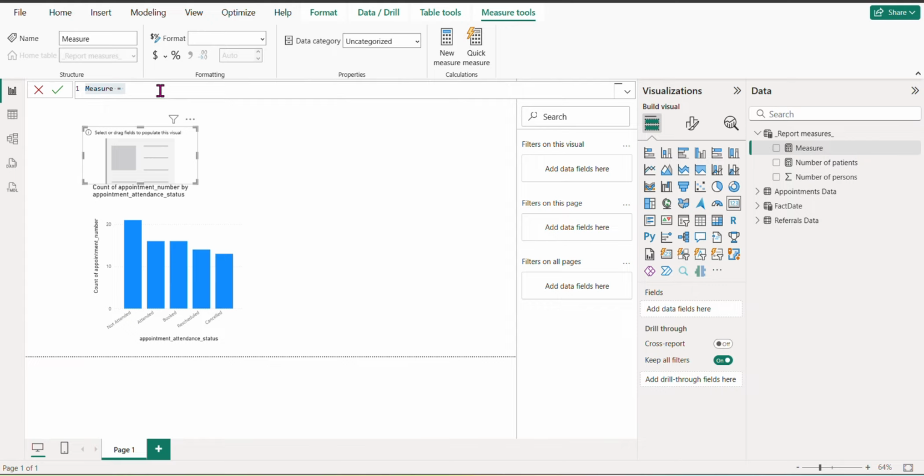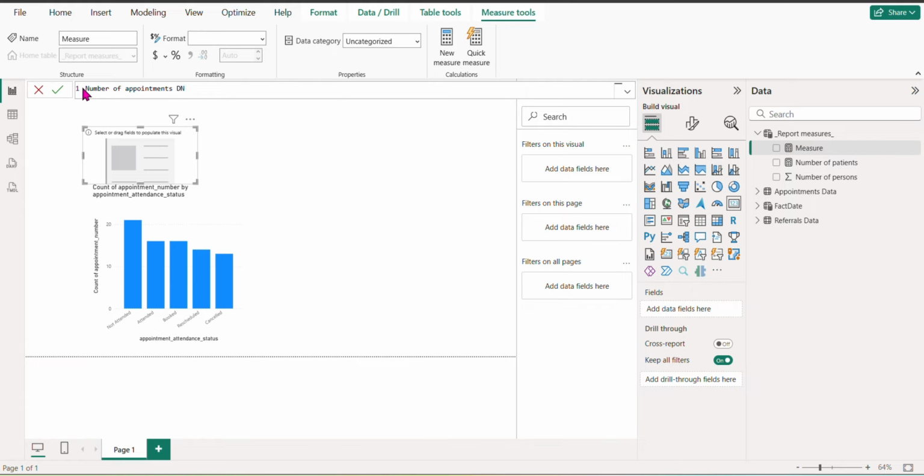Now, the datasets that we have in this report is just a table that comprises patient information and another table that comprises the patients' appointments. And we want to find out the number of appointments that were not attended or cancelled. Literally, the number of appointments that were not attended or the number of appointments that were cancelled. We want to just find the total number of appointments in this category. So let's do it. Number of appointments,